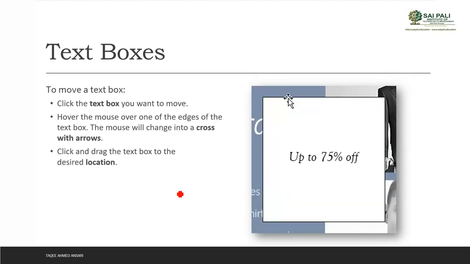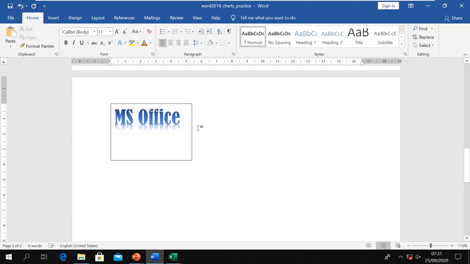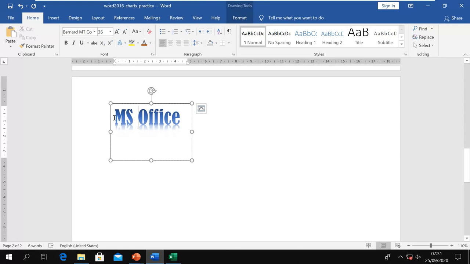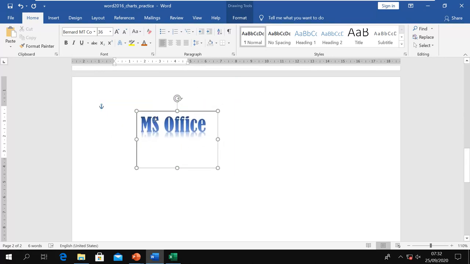Now after adding it, we can move it anywhere in our document. If you want to move it, just hover your mouse at the corner of the text box, and your mouse will change into this four-sided cross arrow. Then just click and you can drag it anywhere in the document. So if you see, I hover my mouse at the corner. First you select it, then when you go to the corner, my mouse shows the cross arrows. When it shows the cross arrow, you hold it and then you can drag it anywhere.